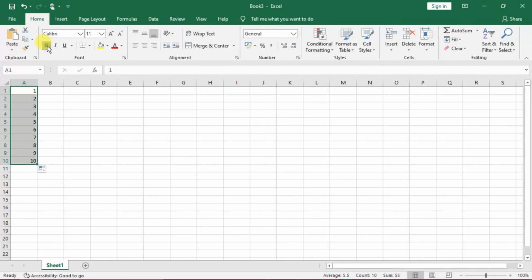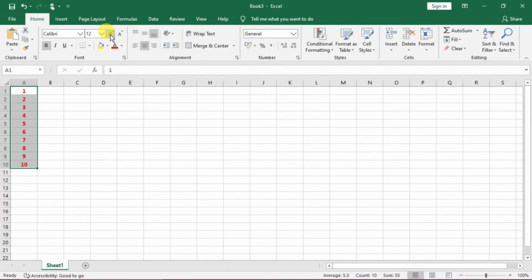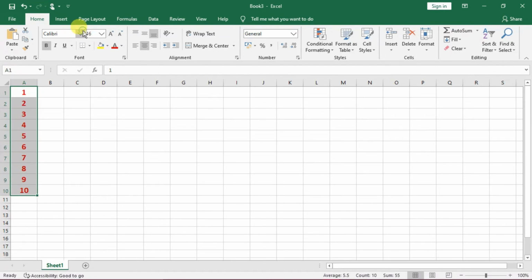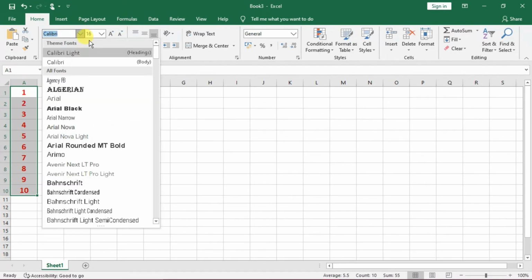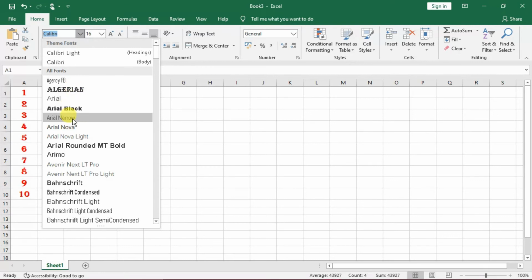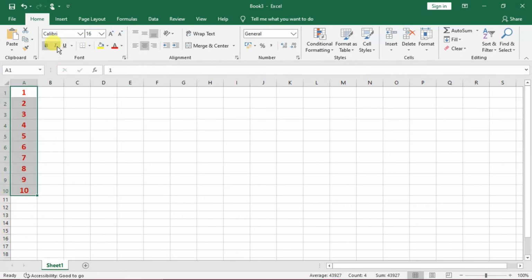Then you can do the rest of the things: bold, then you can make it center, increasing the size. Rest of the work you could do, changing the color, increasing the size, anything could be done. You can change the font size. This is a bit of formatting, you can say. I'm making Arial narrow. This is the italics, and this is the underline.